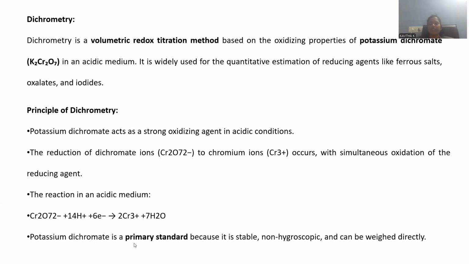The potassium dichromate itself is the primary standard. A primary standard is any compound or solution which will not change its concentration over time. For example, if you measure the concentration of potassium dichromate now and it is a 1 molar solution, after 6 months, if you measure its concentration, it remains the same. Again, you can observe a 1 molar solution. A solution whose concentration remains constant over a period of time is regarded as a primary standard.